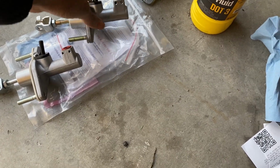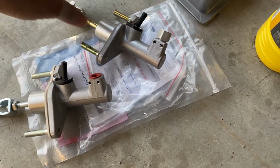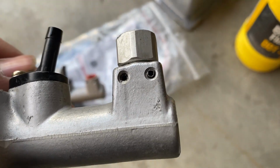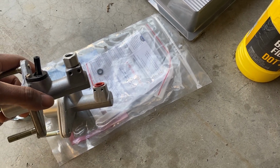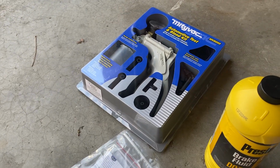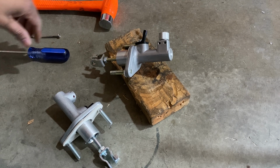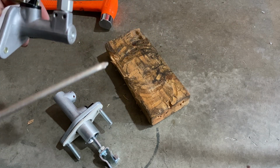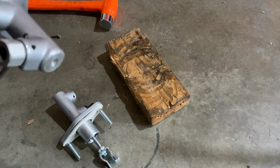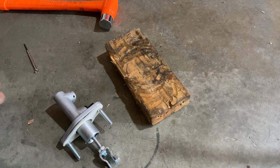So what I'm going to do, if you can see here, I need to move this fitting onto here, which is easy. All you gotta do is get something to tap these out. I already started doing this. I figured I'd make a video, why not, on swapping this out and then properly bleeding your clutch system. So all you're gonna need for this step is pretty much either punches or screwdrivers, one that's big enough to start pushing that through, which is gonna be this one right here. Use that. I already started knocking this one out. So I'm gonna use this one right here, knock that one in, and then for some reason I can't find any